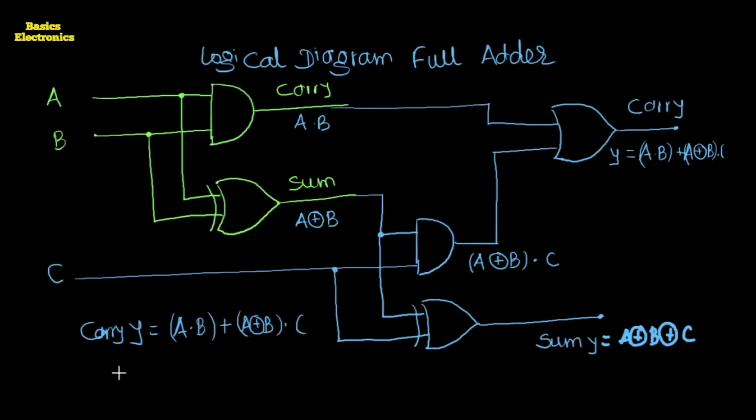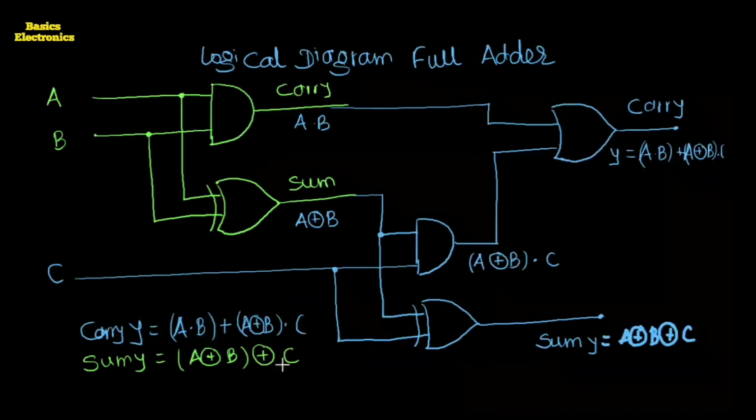The equation for the final sum is Y equals A XOR B, the first input, in bracket, XOR C. Okay, so this is a logical diagram of the full adder using two half adders and one